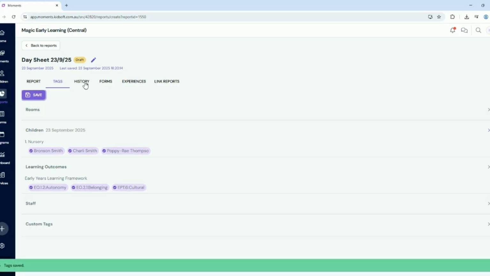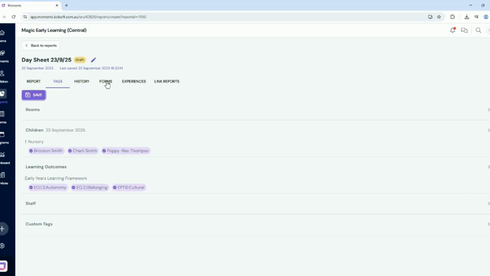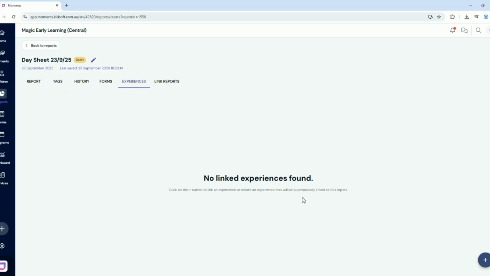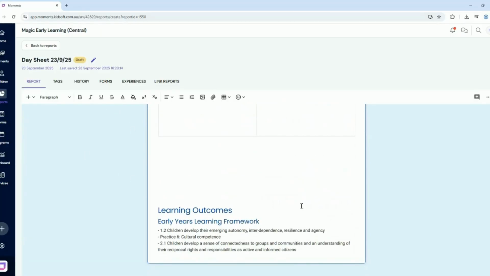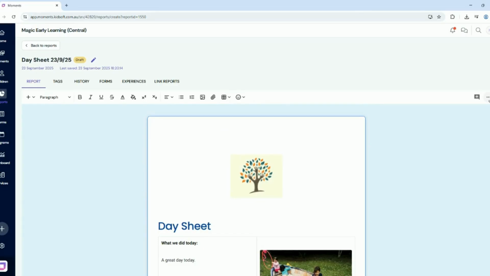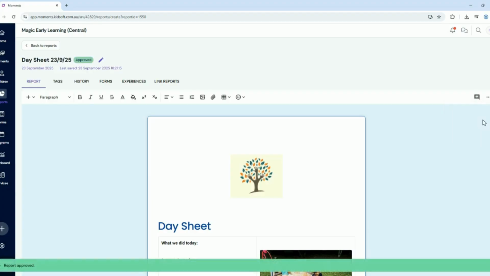I can go through and I can see the history of the report. I can link any forms, which we will discuss in our further support videos. I can link any experiences to the report and any other additional reports that I would like to link. What I can do now that I've finished with my report, if my permissions are set for me to submit for approval for somebody else within my service or organisation to approve, I can click Submit for Approval. If I have the ability to approve, I can approve this form